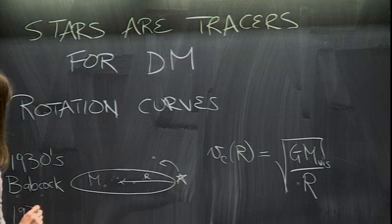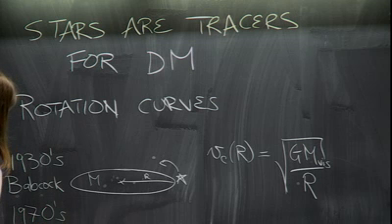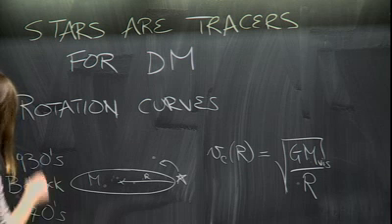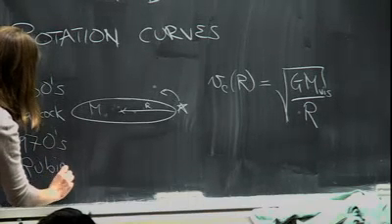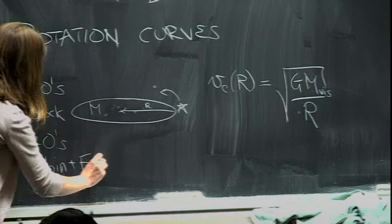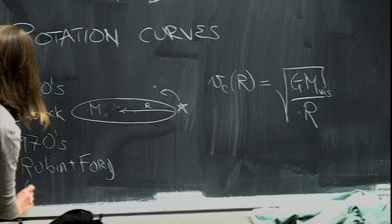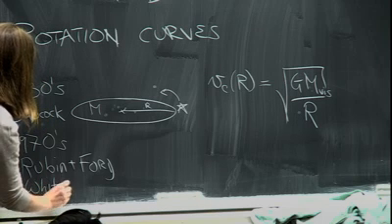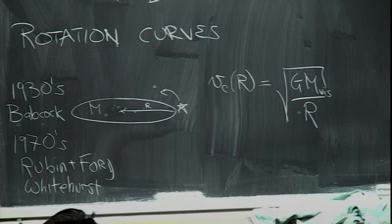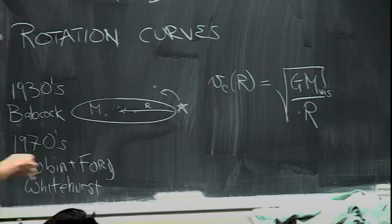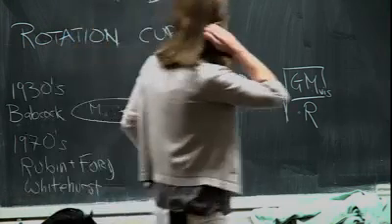the 1970s with measurements by Rubin and Ford, and then also Whitehurst. So this was the time that these measurements actually got really good, such that we actually believed that they were telling us that there was non-visible matter that's there. So what do they actually see? Well,